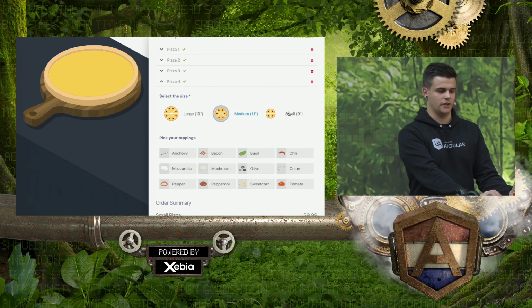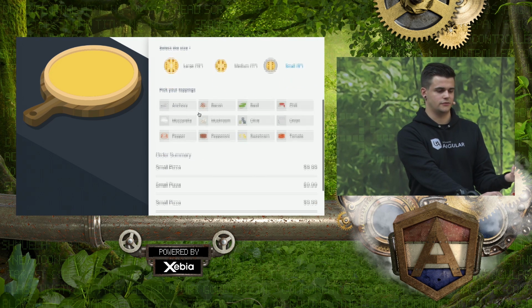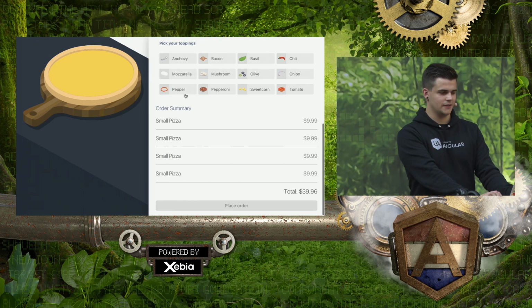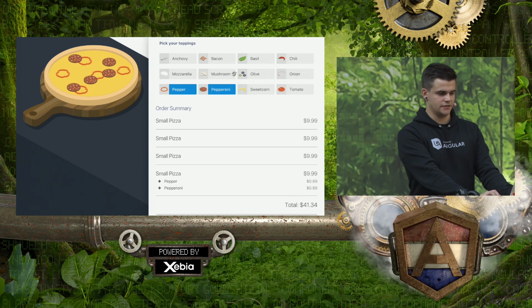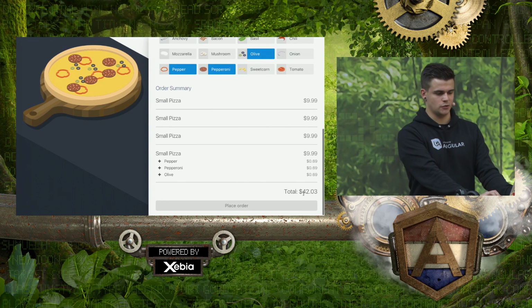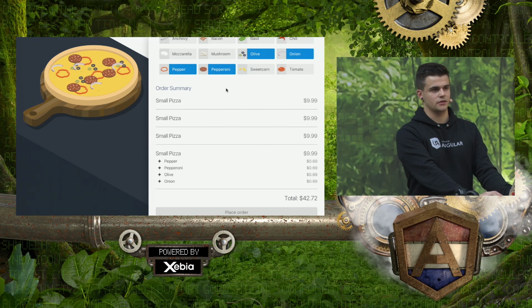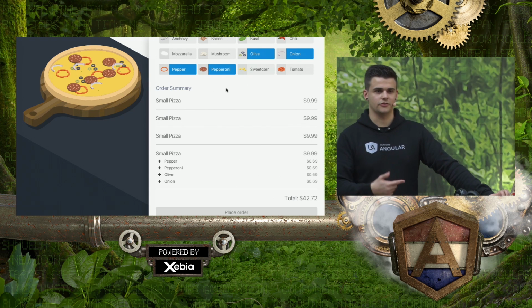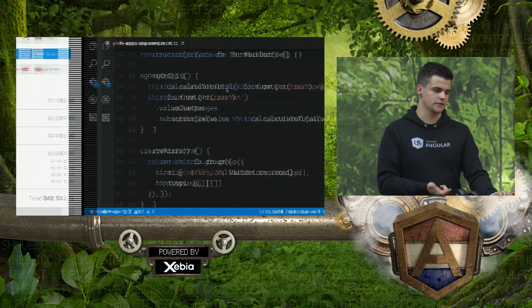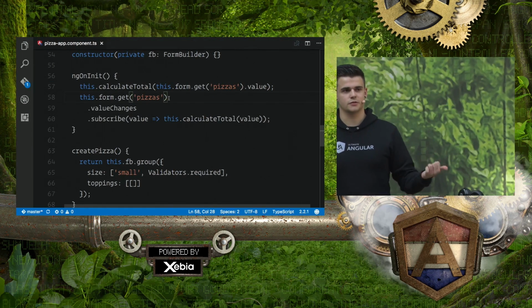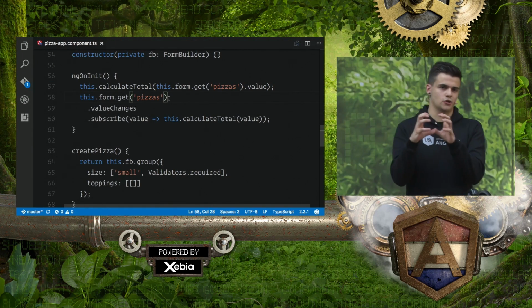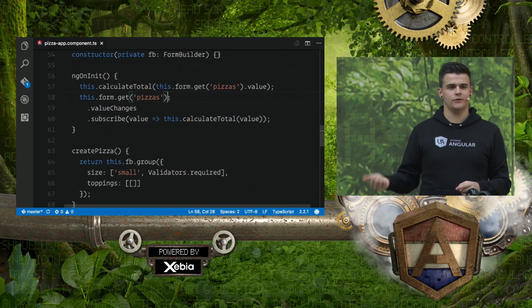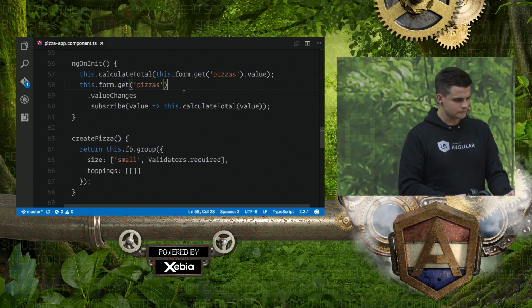I want to know if somebody's changed what was going to change the price. So if I start adding some toppings, you can see this total down here is changing. Now, the only way to change the price is to change the pizza size or the toppings. So all I'm going to do is subscribe to that particular control group and then recalculate the total based off